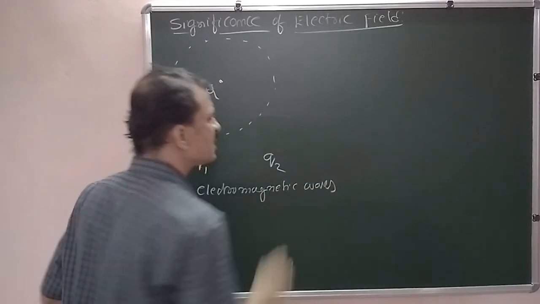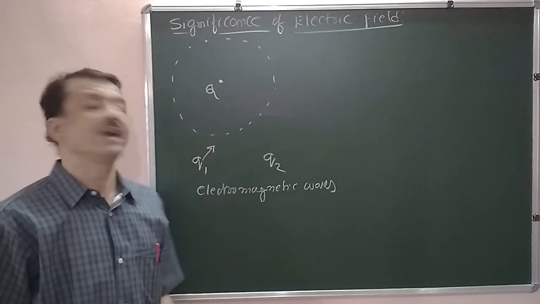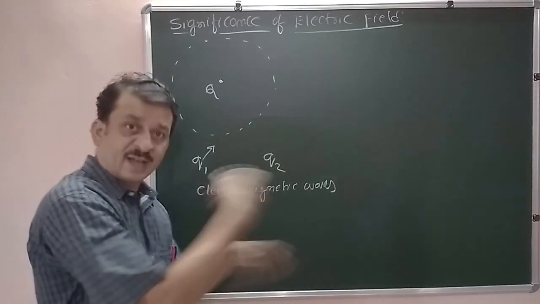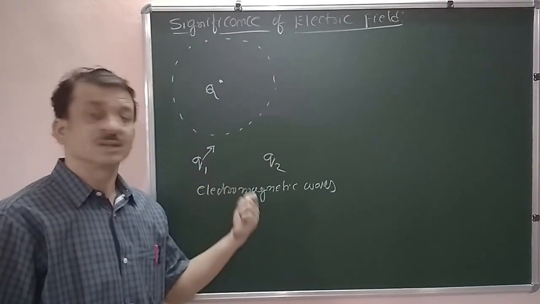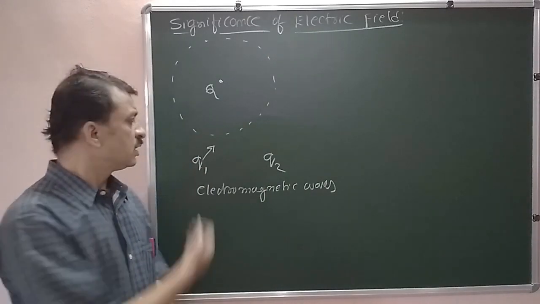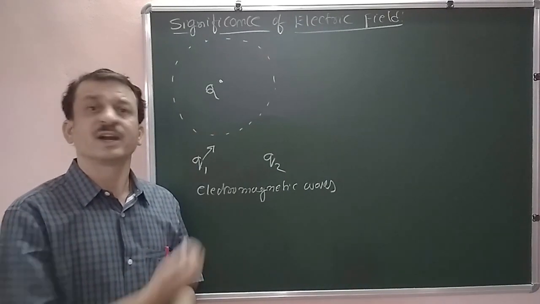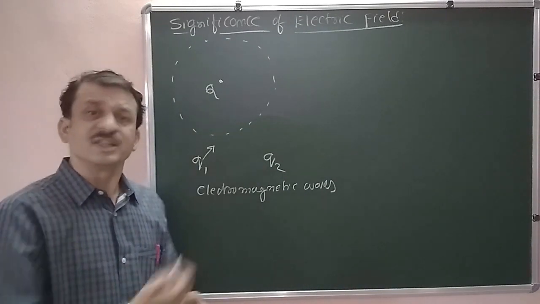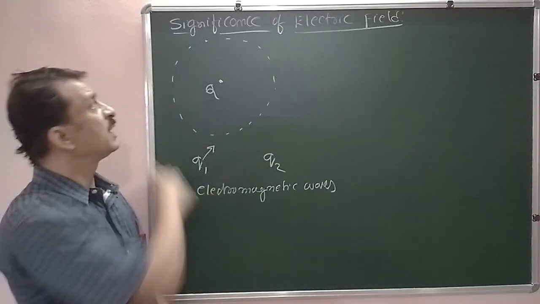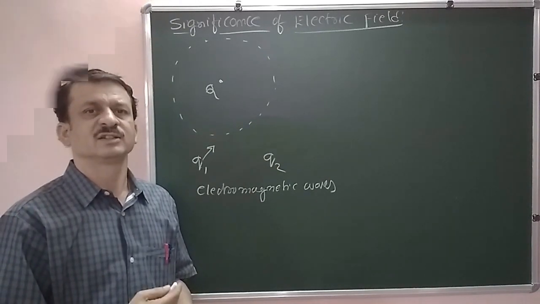Waves. It produces electromagnetic waves, and these waves travel at the speed of light and reach the second charge Q2 and exert a force on the second charge. So here the notion of field is time delay. According to Einstein's theory of relativity, there is a time delay. Now that time delay is represented by the electric field.